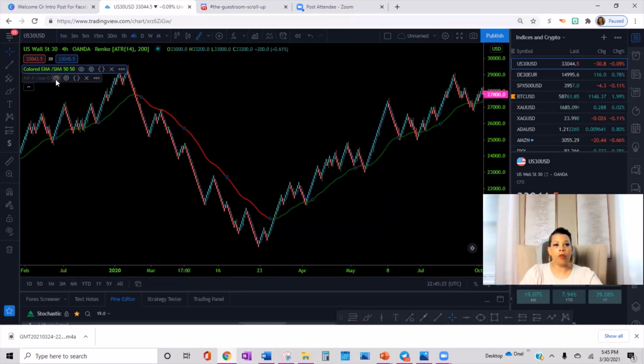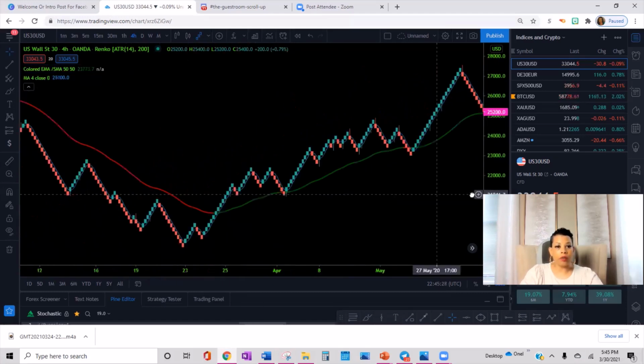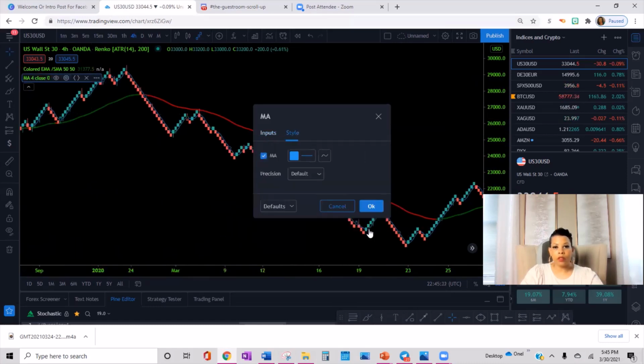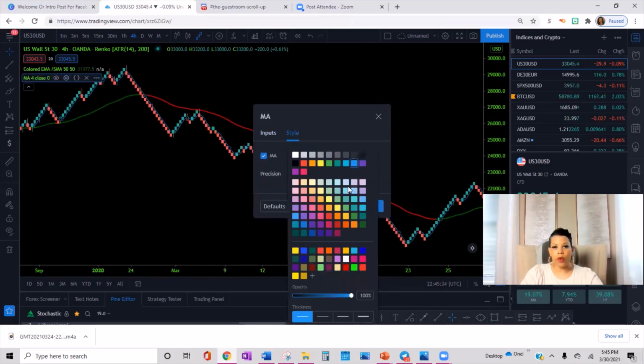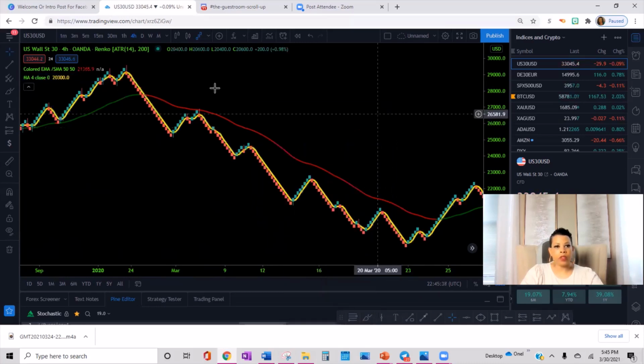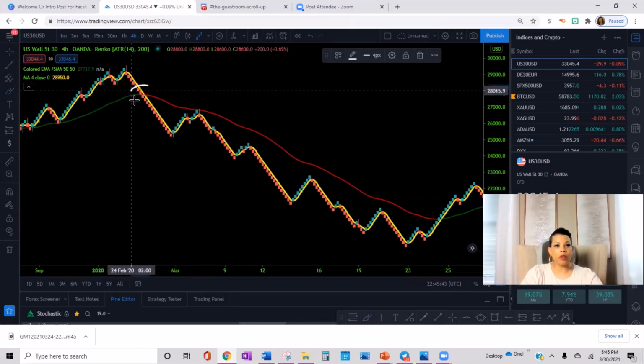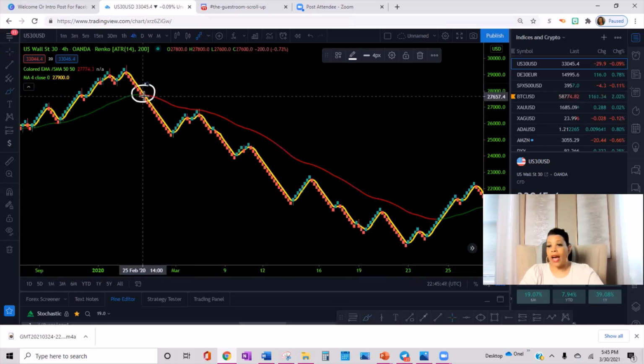I can put the 4 moving average on here. My 4 moving average is on price. So look right here. Let me make this a little bit bigger so you guys can see it, and I'm going to make it yellow and thick. So this is the 4 moving average. This is what happens when the 4 crosses the 50 here. This would have been a great entry point, but I don't really have to have the 4 on there